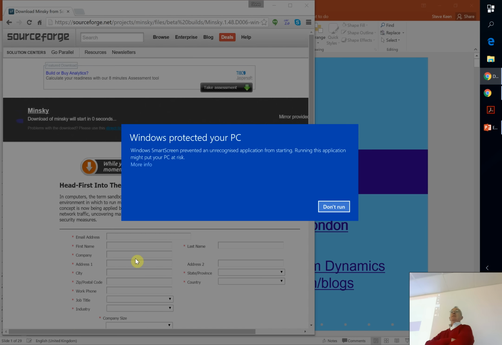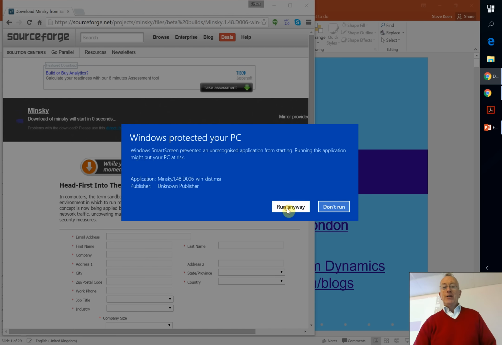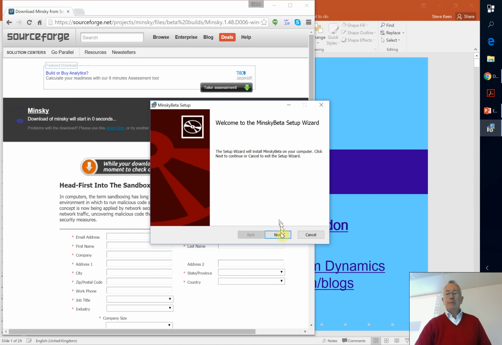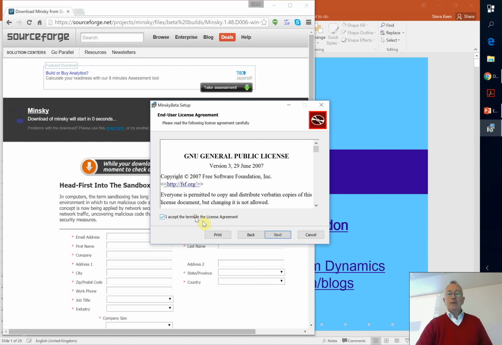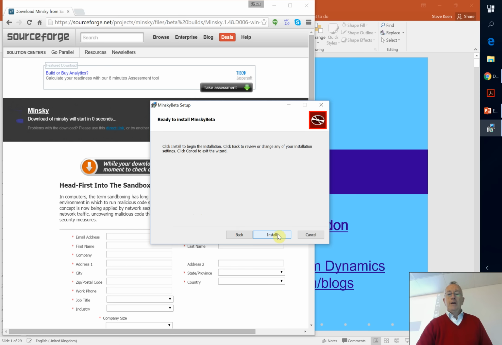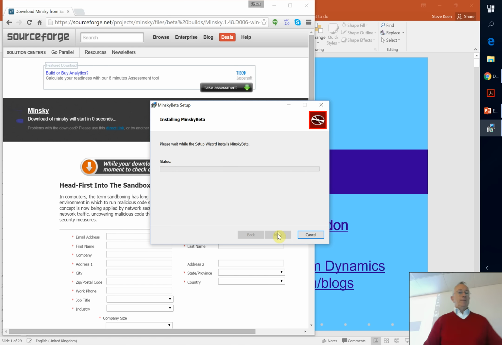You know Microsoft, the nanny state, or the nanny corporation? If you just click on more info, it then gives you an option of run anyway. So go through and do that, click on run anyway, and then you get the install script. Have to accept the terms as usual, which are a straight open source license, of course. Then go through and install. Takes about a minute or so.